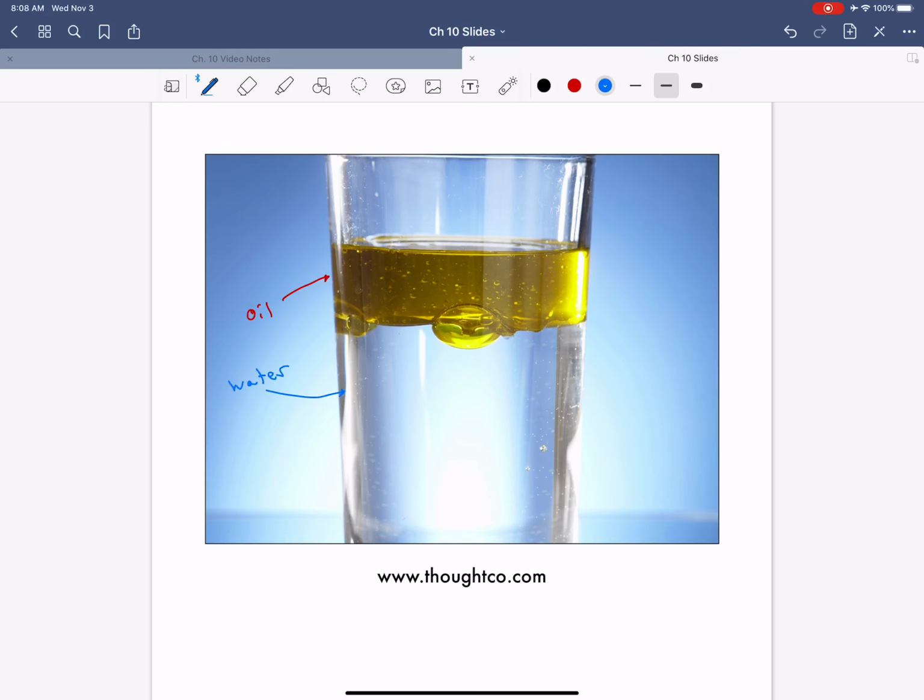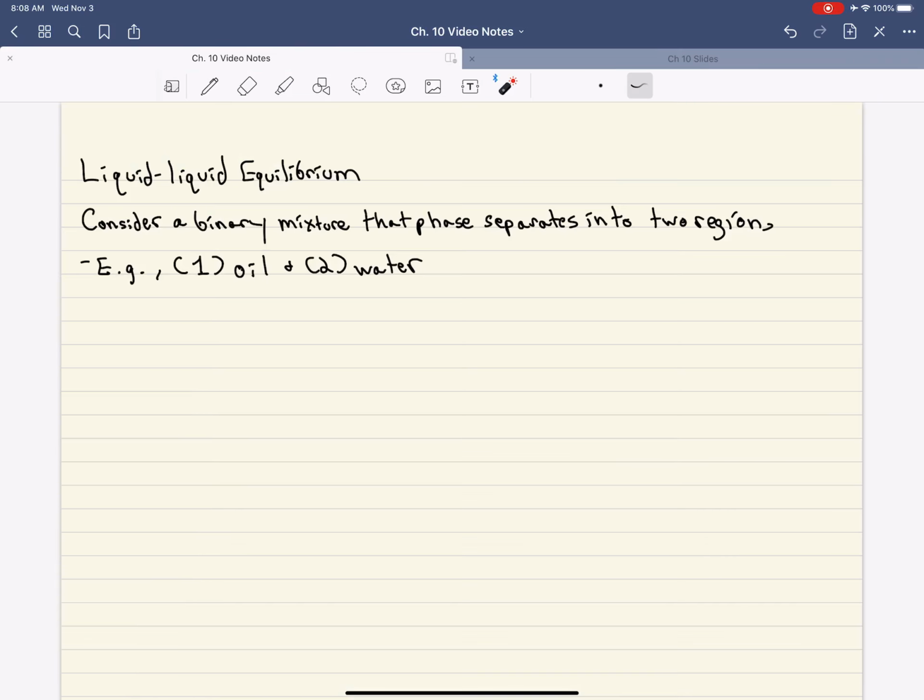Even if you shake up the mixture as hard as you can, the oil never really dissolves in the water, but rather you end up with tiny droplets of oil dispersed in the water. Eventually, if you wait long enough, the oil will return back to the top of the liquid mixture. That is an example of liquid-liquid phase separation. If we drew this schematically,